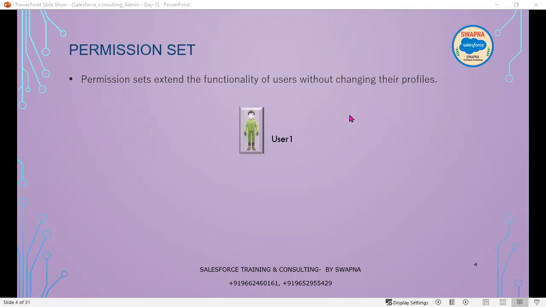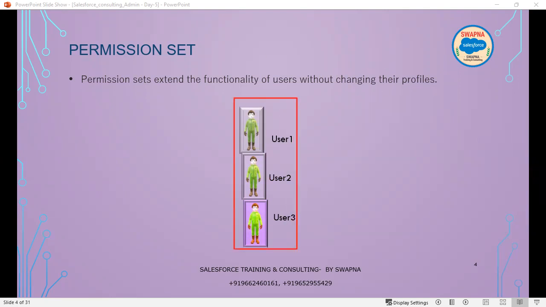Now example, I have user 1, user 2, user 3. These are the three different users in the client. When I say users, I mean the client's internal team. Assume that they are the admin team. So the client admin team, they are the ones. Now the admin team has three members here. Now these three members,